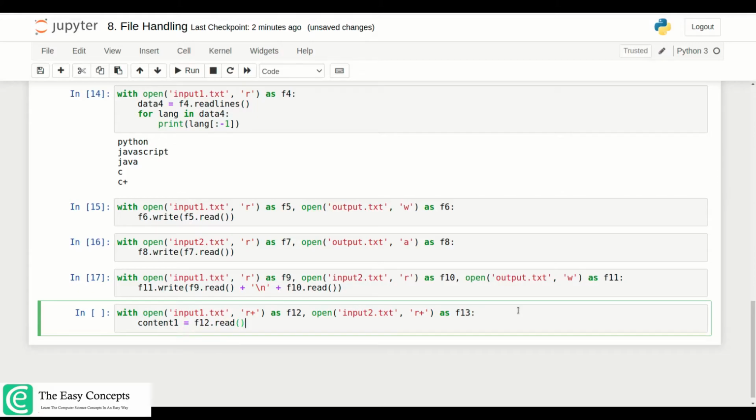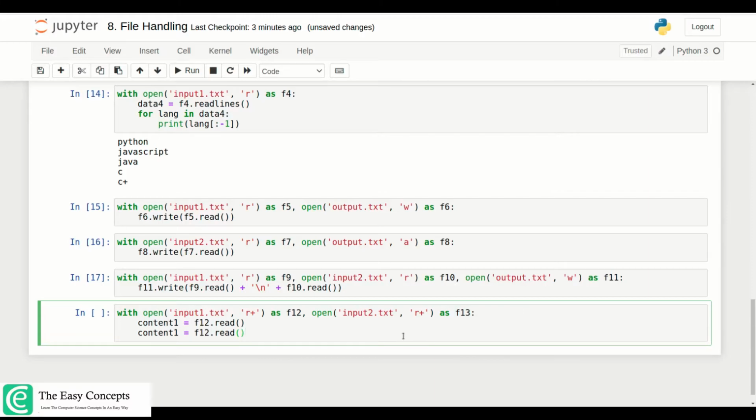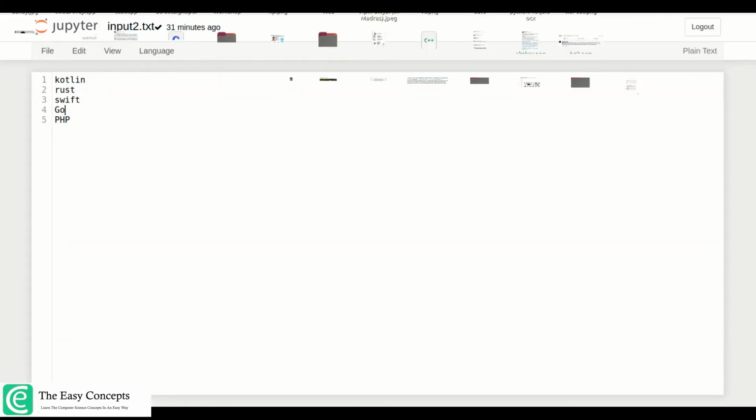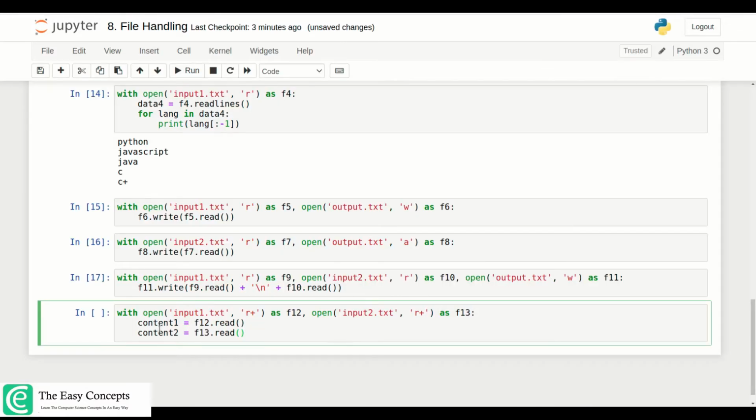Similarly, read another one, content2, F13.read. So basically you have content1 and content2, and content1 will basically contain input1.txt, so C++ in the end, right, and PHP in the end of content2.